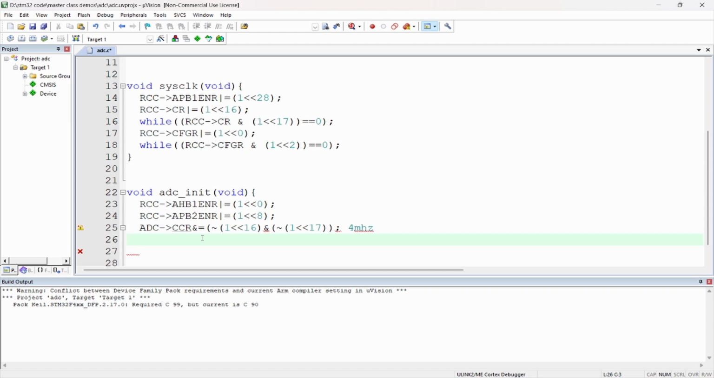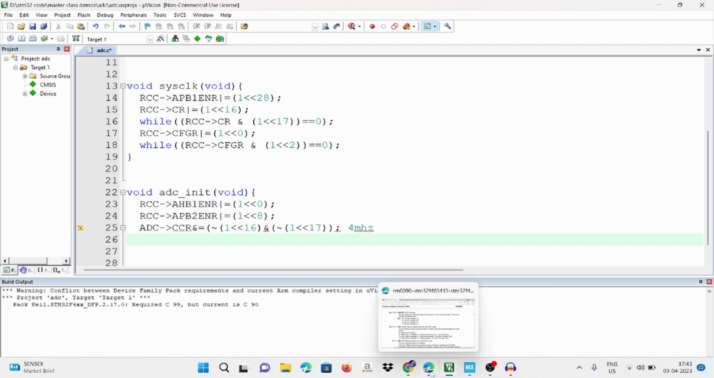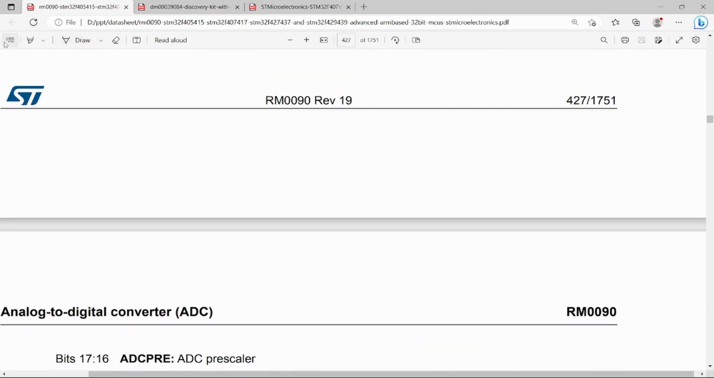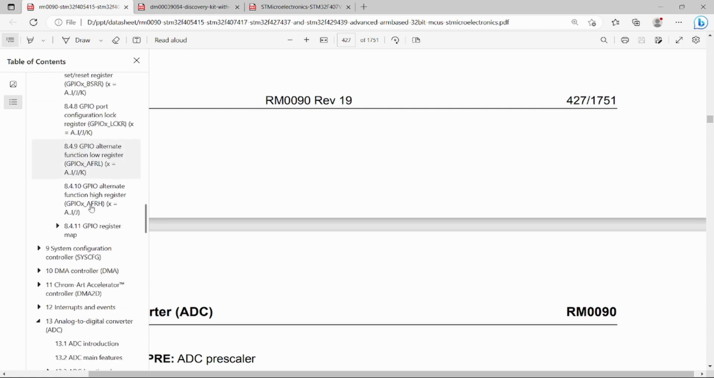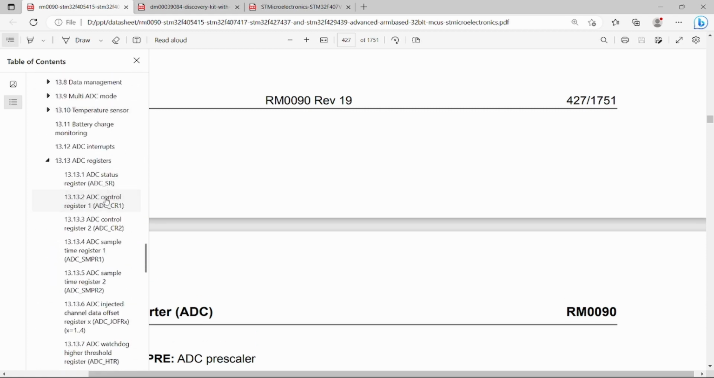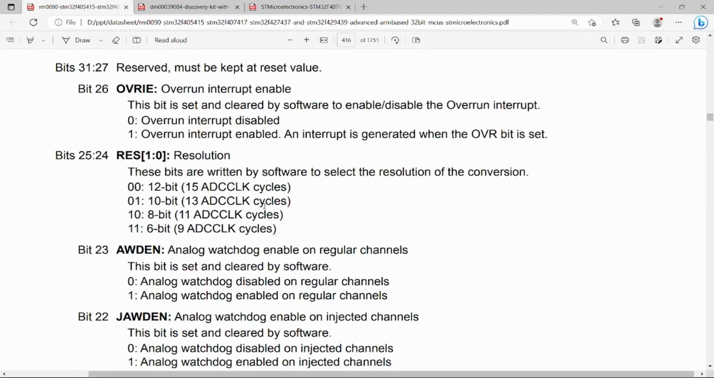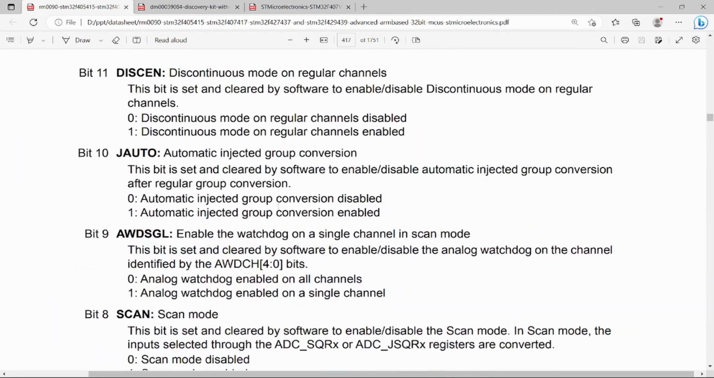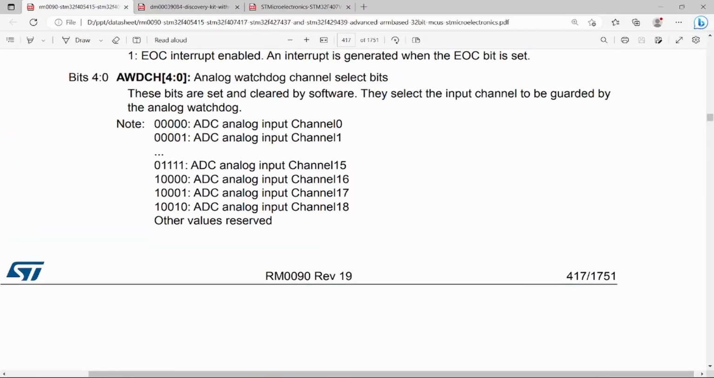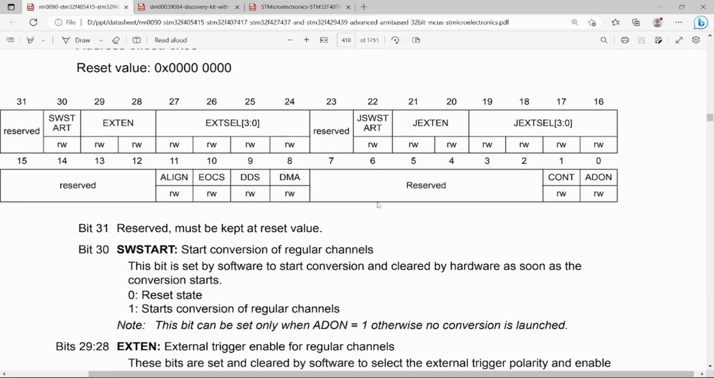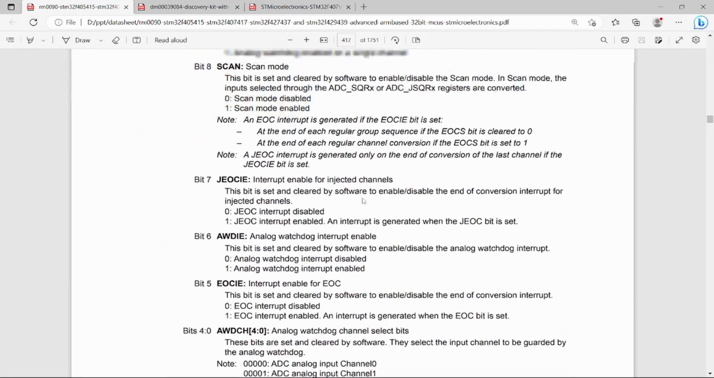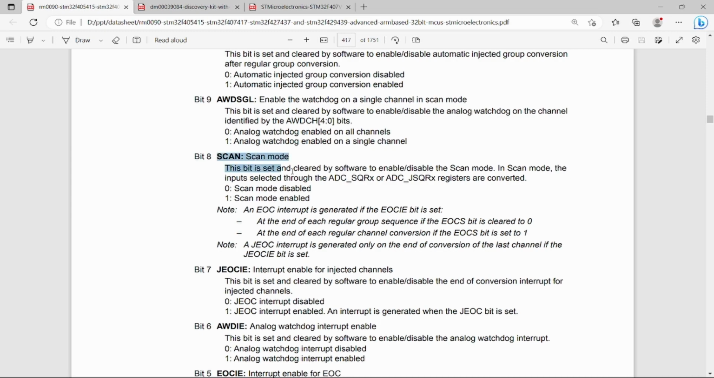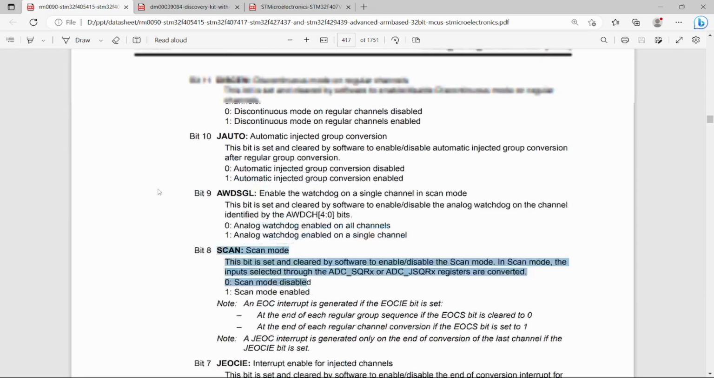Then next thing we have to do is select the scan mode and the resolution. So as I said, we are going to use 10-bit resolution. So go to the control register. So in this register you can see. We have the 8th bit as the scan mode. You have to enable the scan mode. Then